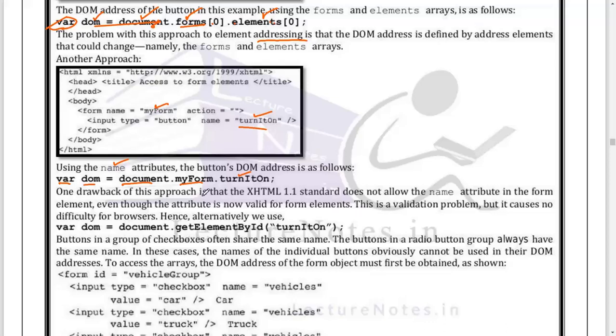One drawback of this approach is that the XHTML 1.1 standard does not allow the name attribute. Because of this, this method of accessing elements will not work.